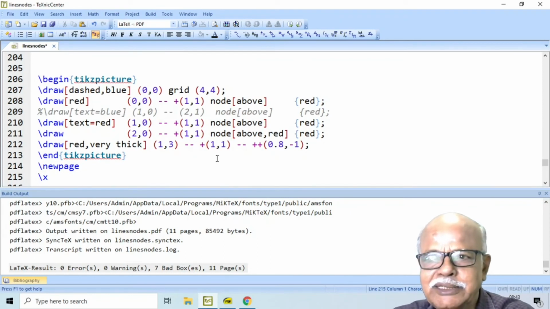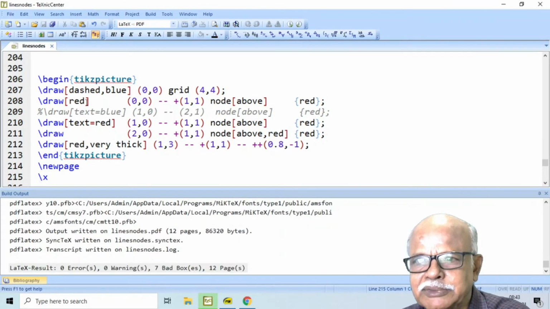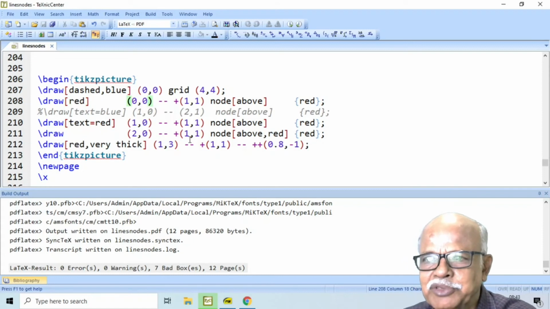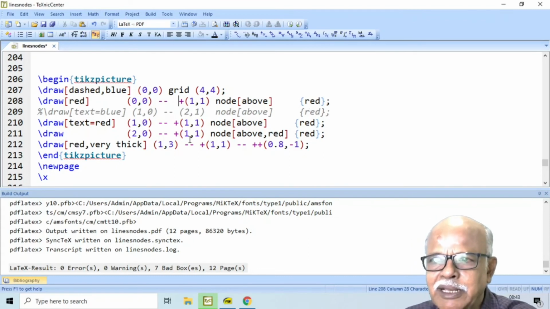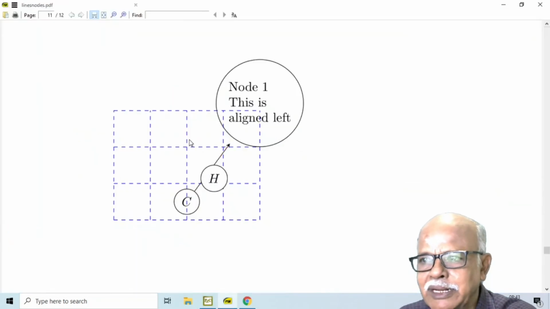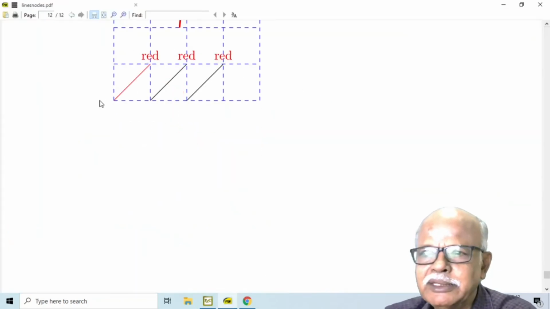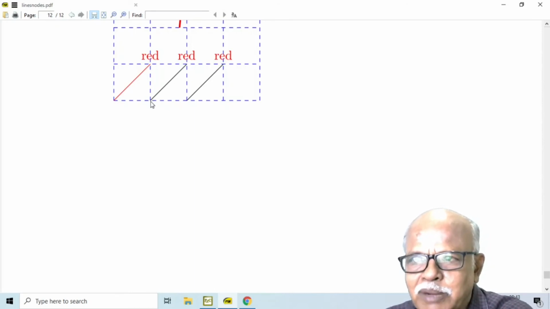Let us now consider the next case. We have draw red, and then starting from 0, 0 up to 1, 1 with the plus sign before 1, 1. Then this will be the output 0, 0 to 1, 1. This line will be from 1, 0 up to 2, 1.